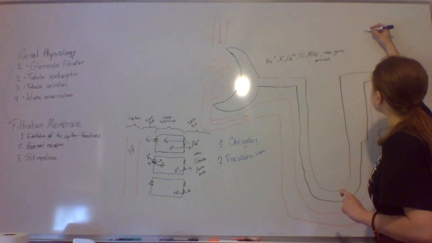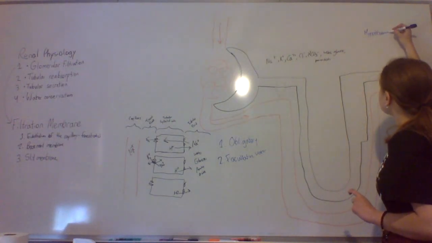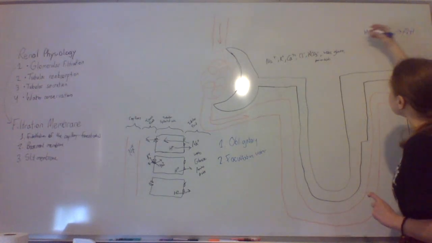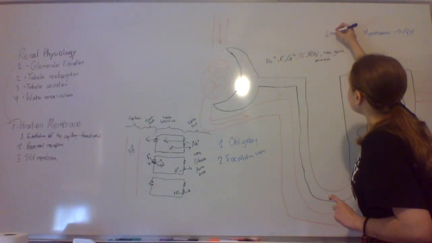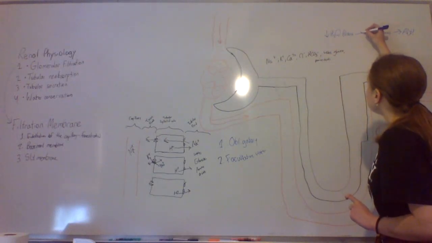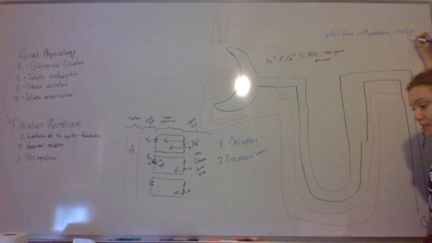We have the hypothalamus, which produces ADH. Here we'll do low H2O blood is detected by the hypothalamus, which produces ADH,